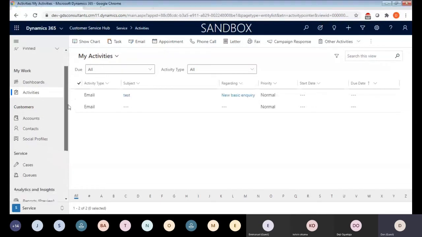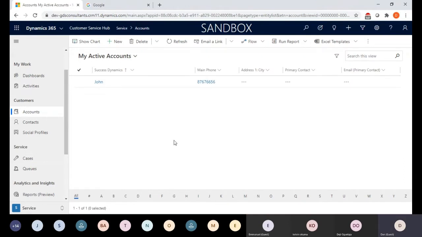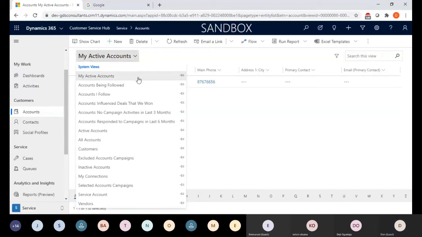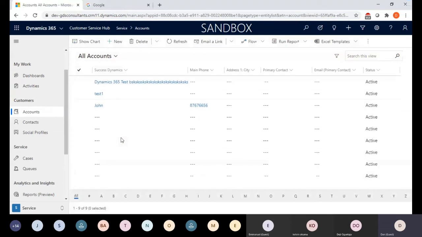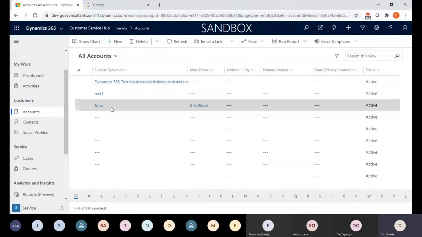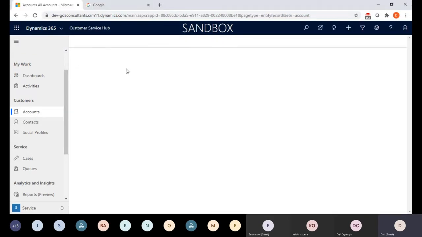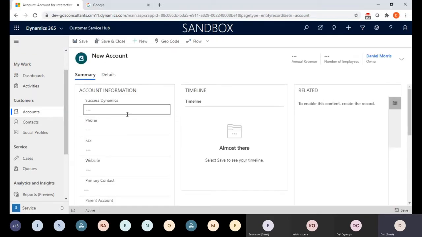And so if we start with accounts, we've only got one account here, but let's see if there's more accounts within the system. There's a few, there's only three. Anyway, not a problem. So when it comes to things like accounts, you can clearly add new accounts as you go along. So if I hit the new account button,